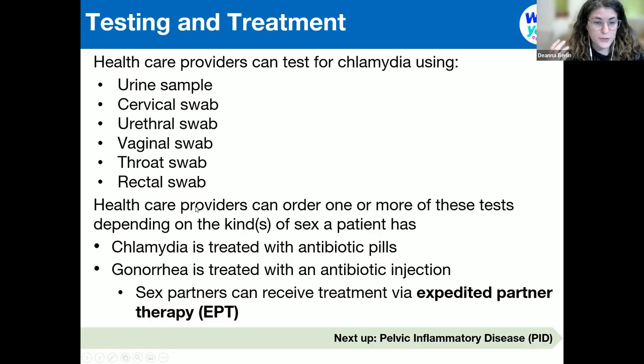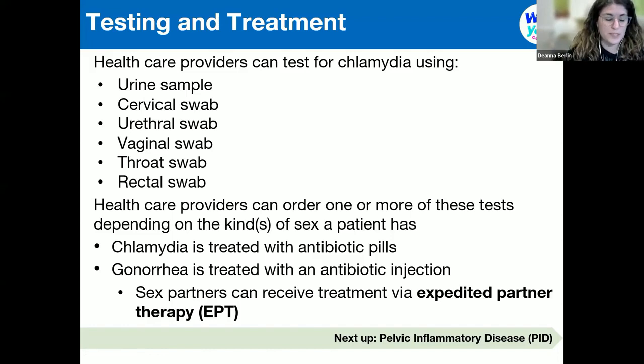As far as treatment goes, chlamydia is treated with antibiotic pills and gonorrhea is treated with an antibiotic injection. And some participating providers can provide expedited partner therapy or EPT. It's this excellent thing that if you test positive, for example, at our sexual health clinics, if you test positive for chlamydia or trichomoniasis or other things, you can receive a prescription to treat your partners. It doesn't matter how many partners you have, but you are able to receive that treatment without them going to the clinic. And this is a type of harm reduction for STIs,